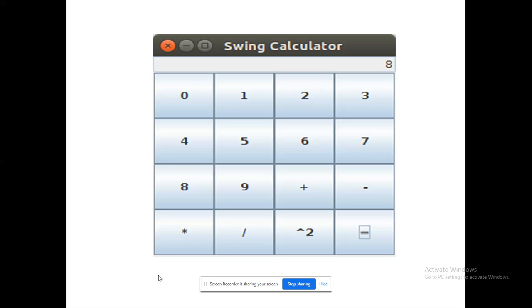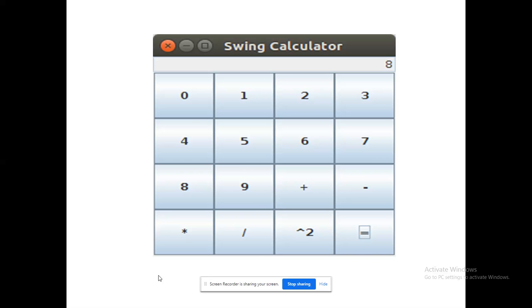Who is that person? Nothing but the layout manager. The layout manager will help me to arrange these components, right? This can be done through our grid layout. It's very easy. Grid layout is nothing but like a matrix format that I can give for this, and I could do this.